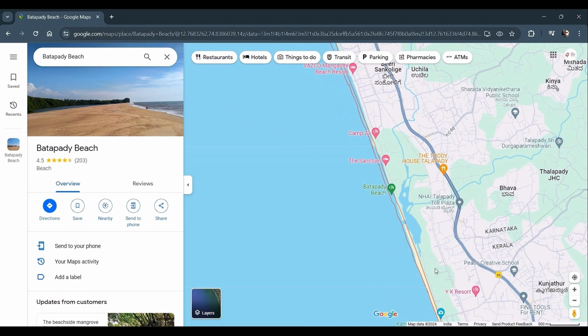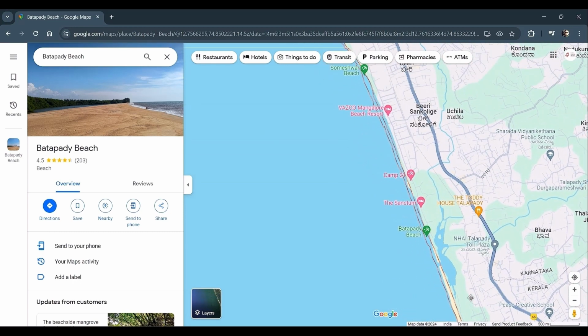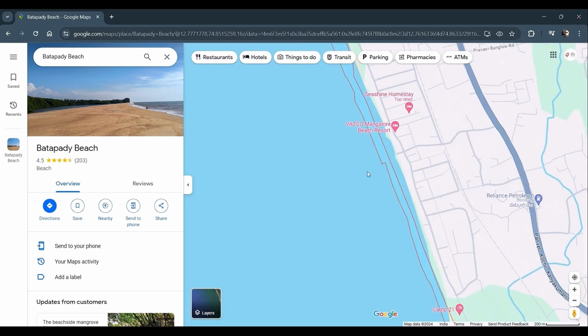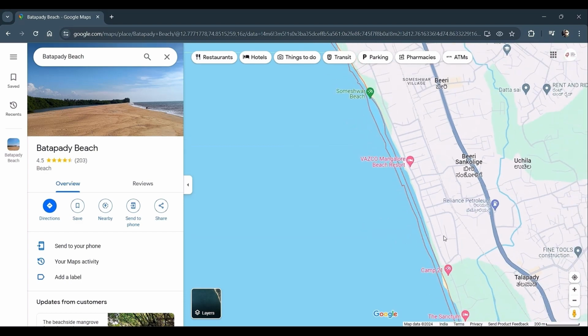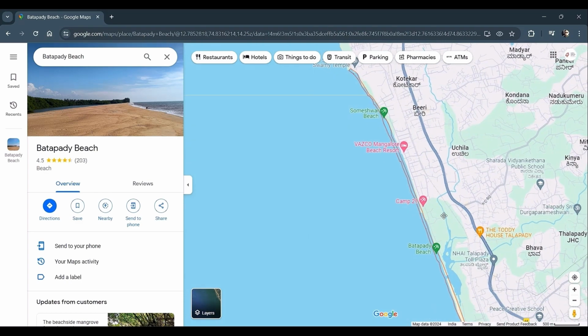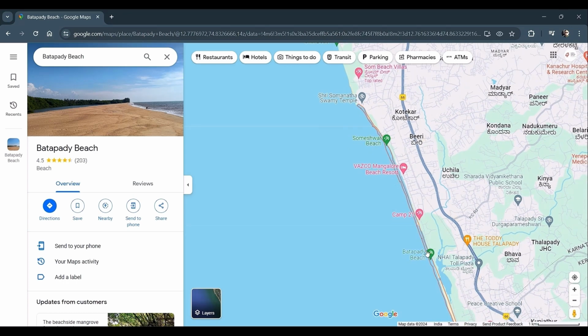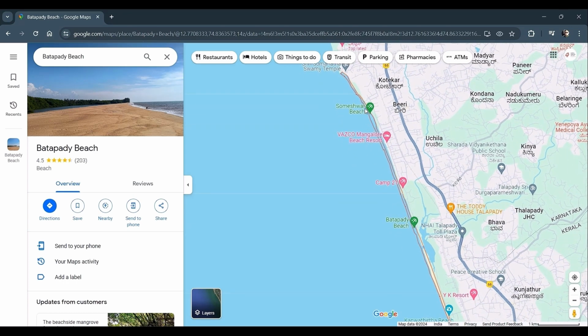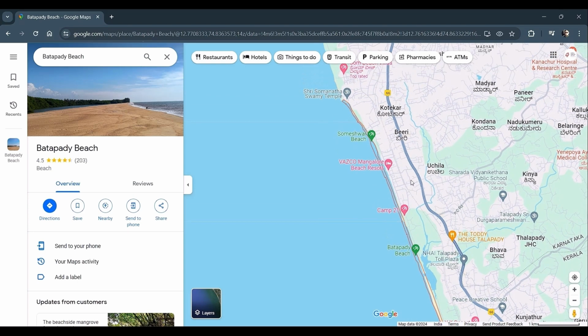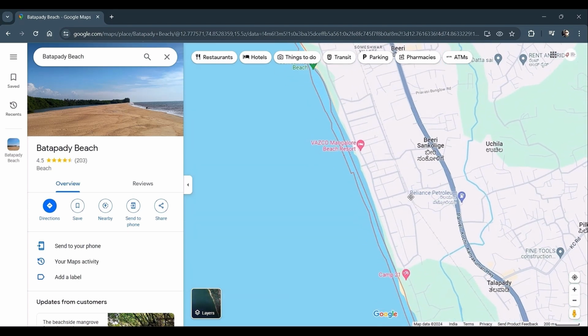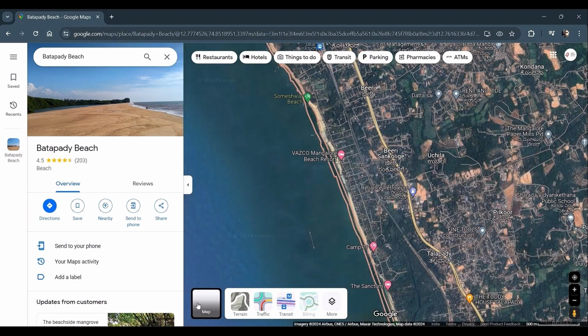As you can see, the beach feature has been demarcated on Google Maps using a technique which is not known to me. But as you would see, the feature is over the sea and not on top of the land. You can see Someswar Beach and Batapady Beach, and we are particularly interested in the region between that. And you can see that there is blue sea below the demarcated stretch. Now this is unusual because